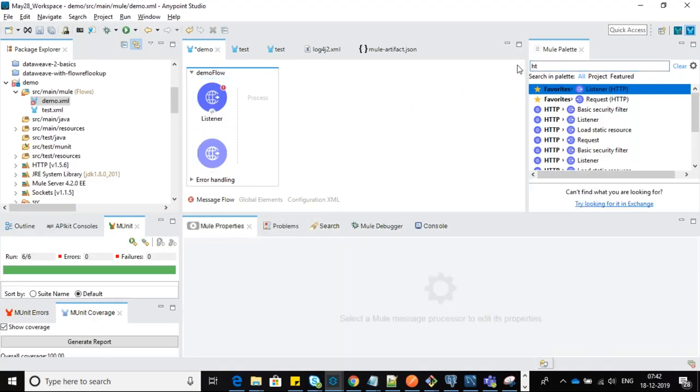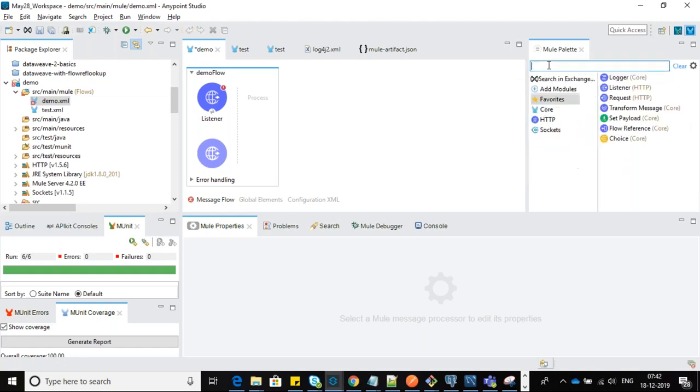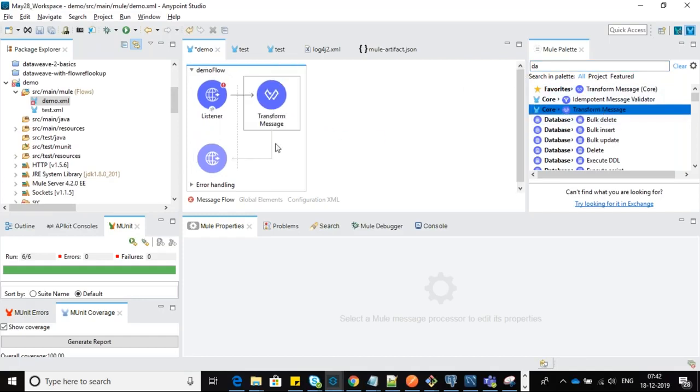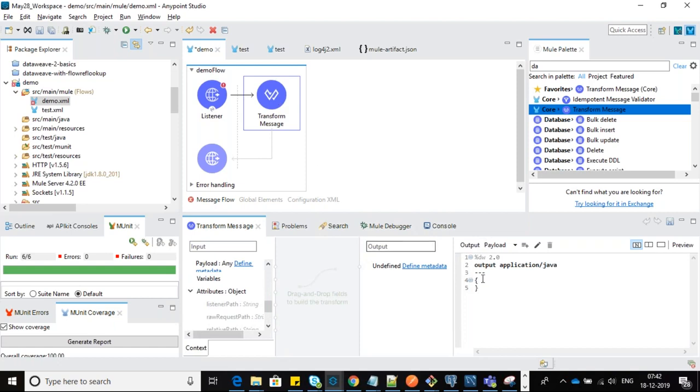Once you read that, we might need a transformation for posting to the target system. Suppose you are reading XML data from your consumer, but the target system is expecting JSON format. Then we can drag and drop a transform, convert it, and map it accordingly. What field you are getting, what is the expected field, we can map it here, right?